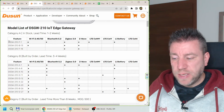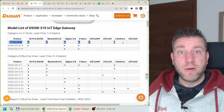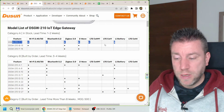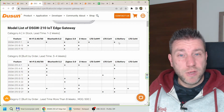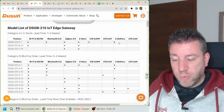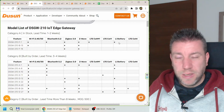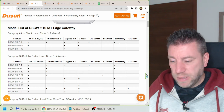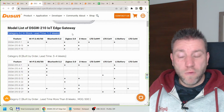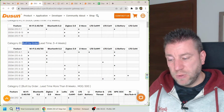But for example, you can see that in this model, you even have a lithium battery built in. So that would give you power backup if the power goes away. That again could be a very interesting feature if you want to use it in an environment where power outages are possible. And I think for the Raspberry Pi, there are some hats available. But again, here you have everything built in. And so these are the standard configurations,